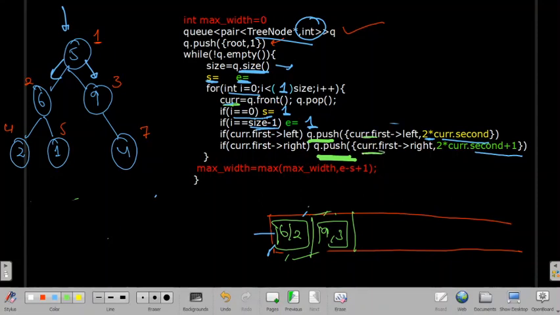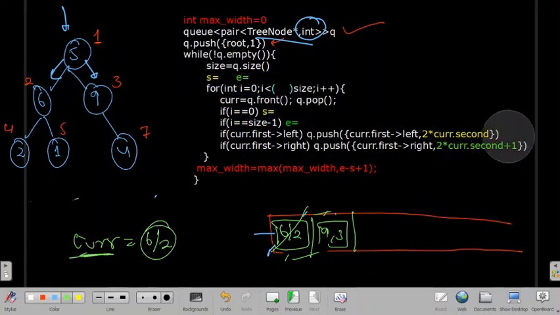Again we will pop it, and we will store 6 comma 2 in the current node. Current node 6 comma 2. I will pop it here, and I'll see if I is equals to 0, because we have got size equals to 2. So I equals to 0 to I equals to 2, and after popping I will see if I is equals to 0. Yes, because we are here. For this node I equals to 0, and for the other node I equals to 1. So we'll see that yes.